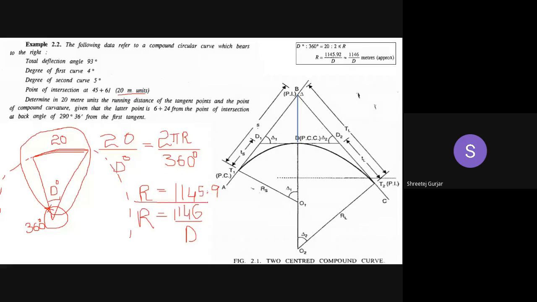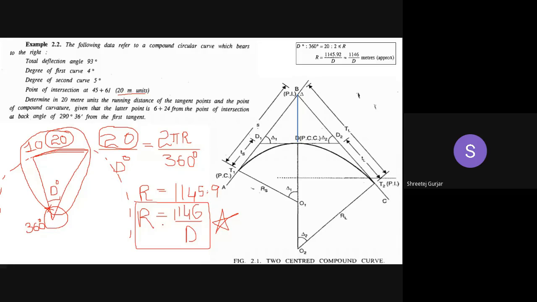So in this way you can directly derive this particular formula. No need of remembering. Okay, so if they give you 30, then use 30 over here. And if they give you 10 meter, then you can use 10 meter over here. Depending upon what they give you in the question, you can substitute and directly arrive at this formula. So this is the formula which we will use.